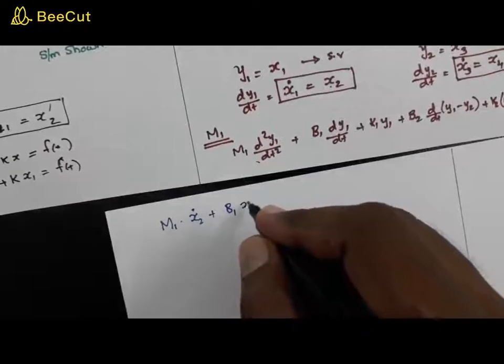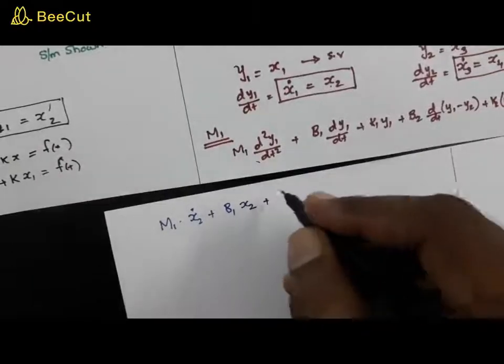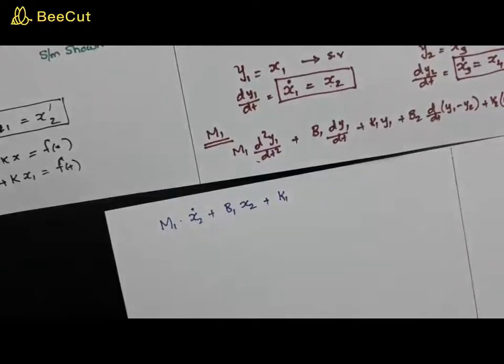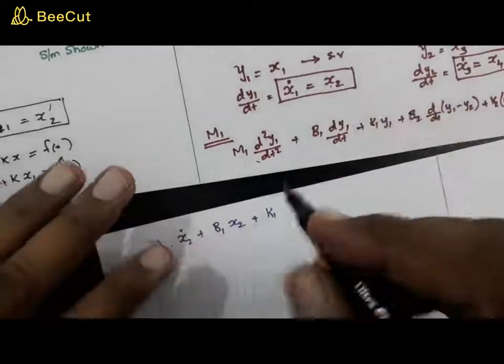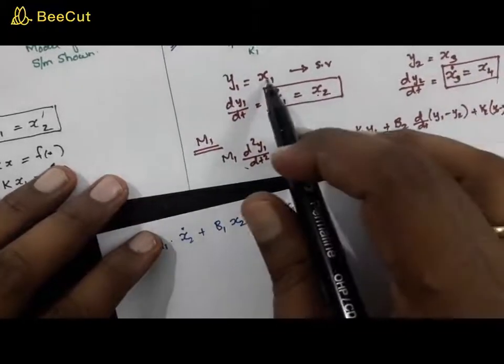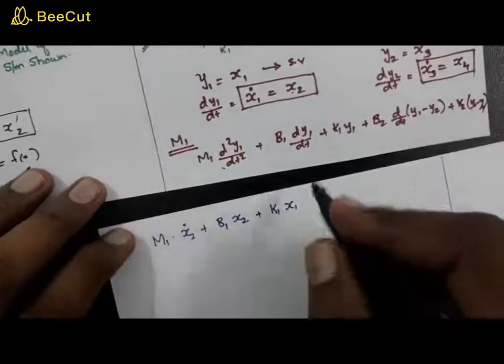So b1 into x2 plus, what about k1 into y1? Now y1 is actually assigned to be x1, so k1 into x1 plus